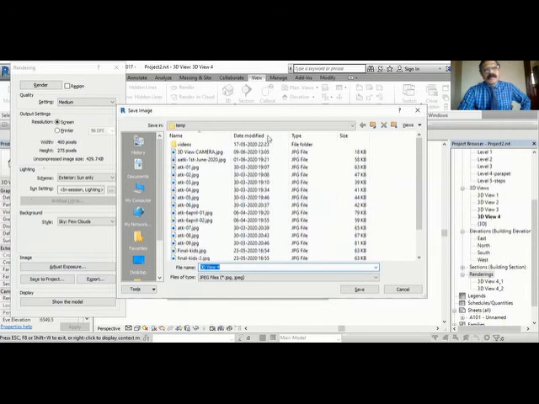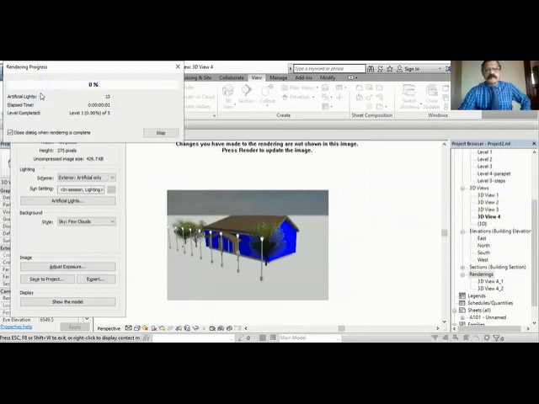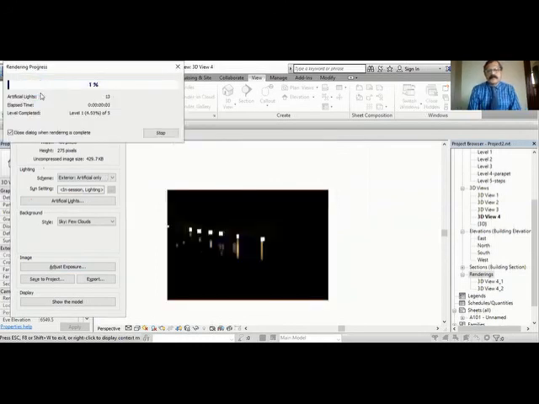So be very careful about quality. So what happens if you do this at night, exterior artificial only? Let's just try medium. The light. You have to use exposure. Then only you'll see that building. A little exposure you have to use.